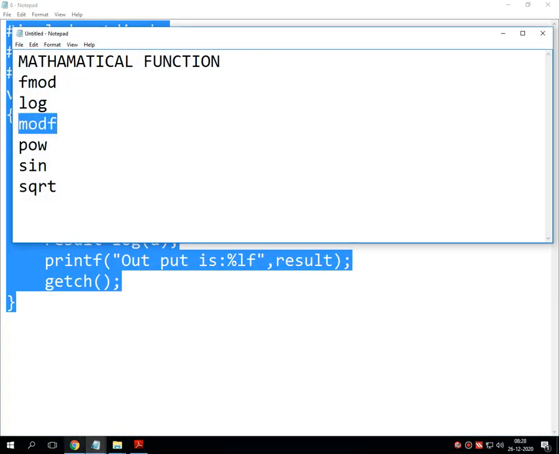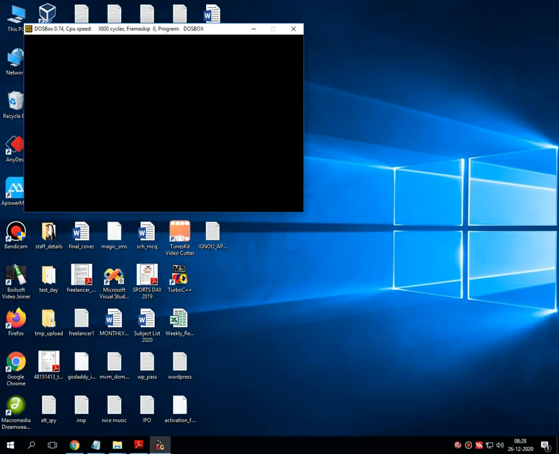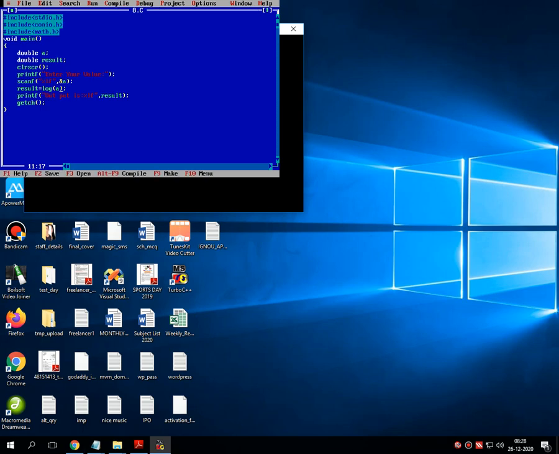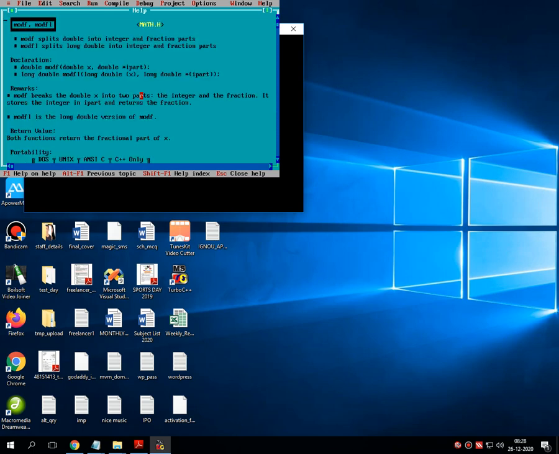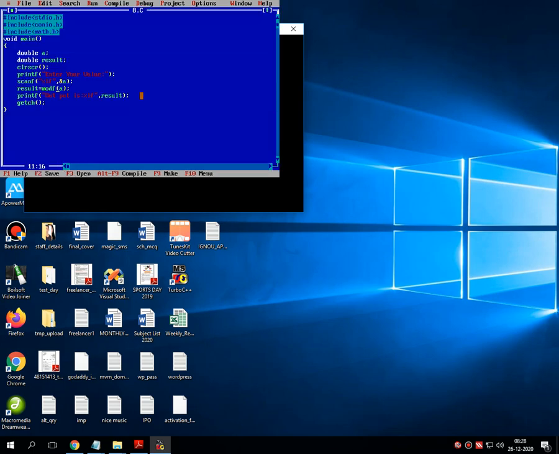Let's move on. Next one is modf. To test the functionality of modf, again I am using the same code. First I am changing the name of the function, and then as a second parameter I am passing a fractional value, say for example 2.4.